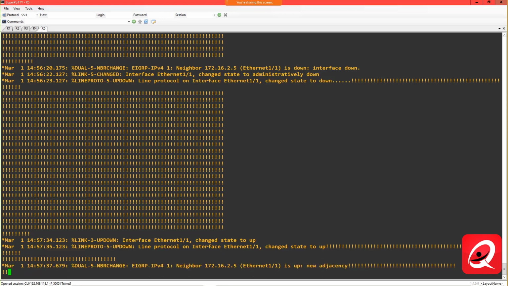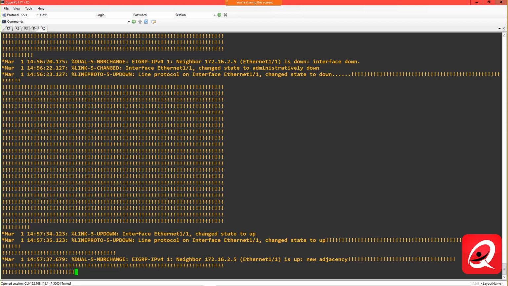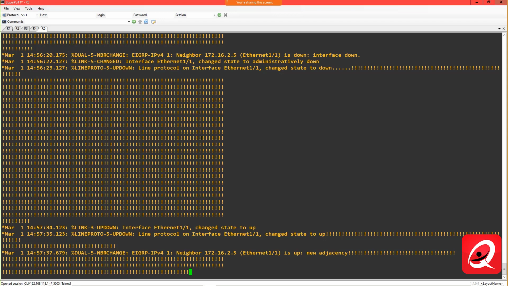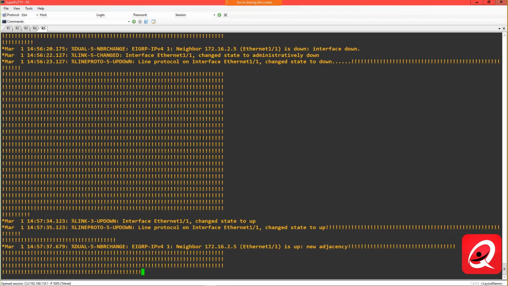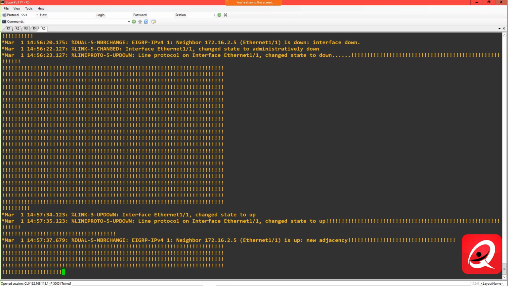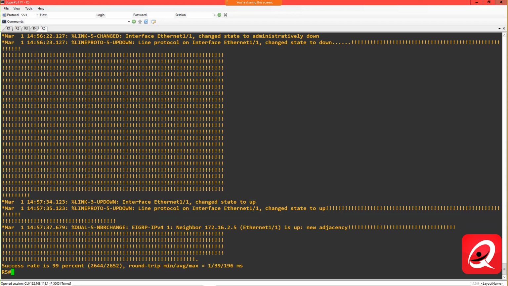We're still doing our ping. We're still doing our adjacency. And you can see that we really didn't get any kind of hits when the interface came back up. The route was automatically installed and we started routing back over the primary path. But we saw quite a few hits when it went down. If you look at the loss here, we lost probably 6 or 7 pings in the process of the interface